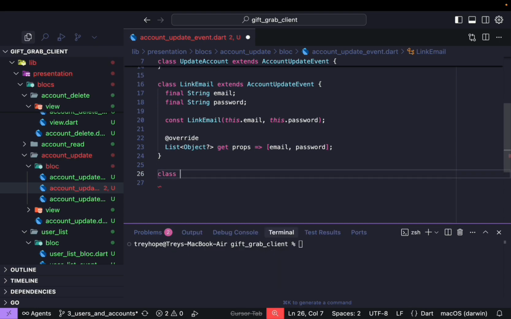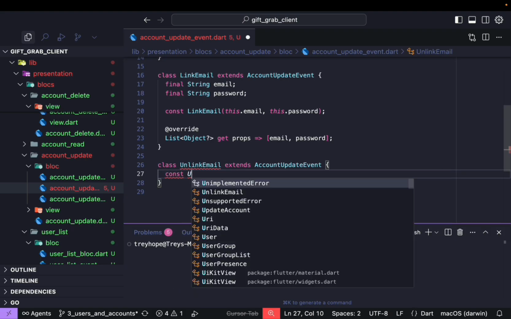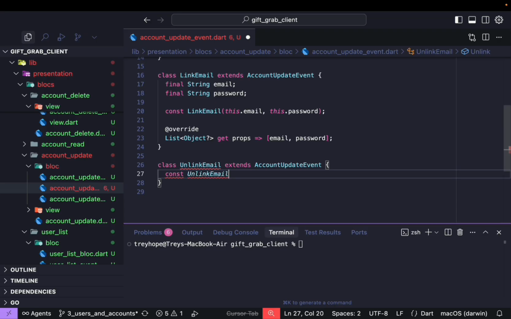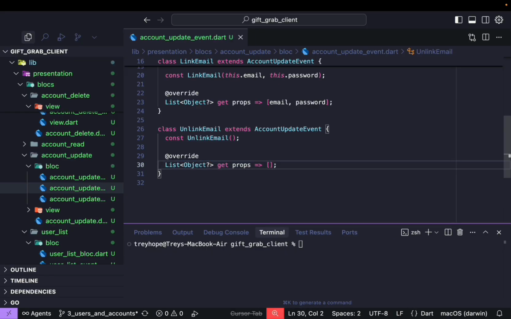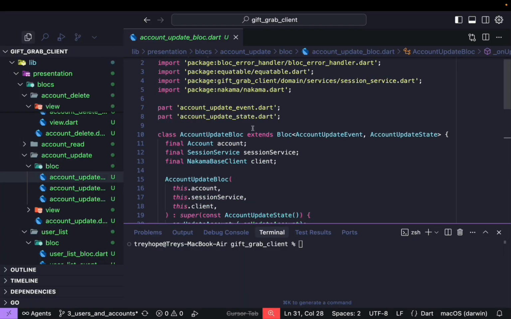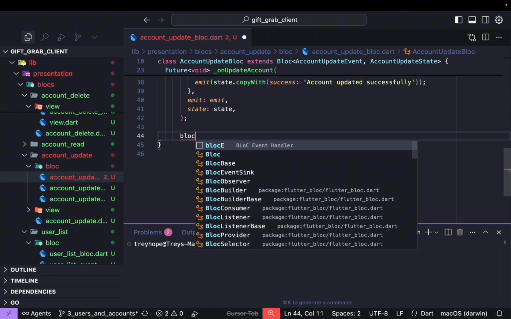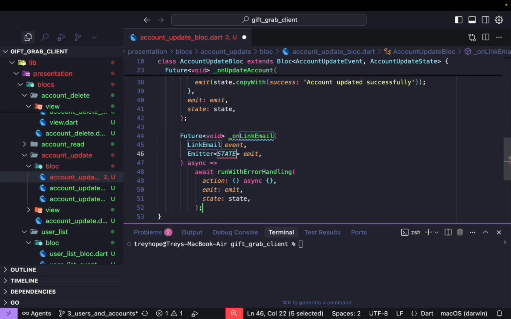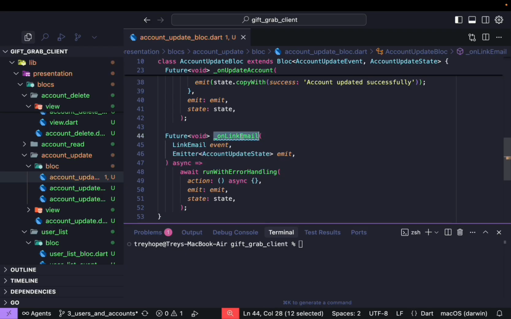And then the same thing for unlink email, which won't have any information required. So we can just create the empty constructor like this and override our properties. All right, now let's go to the block, and we're going to add the methods for linking and unlinking. Let's create an event for link email, account update state, on link email,